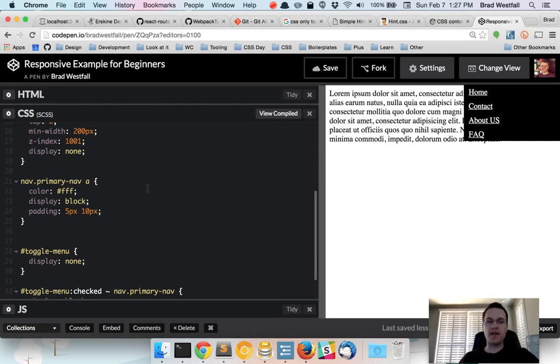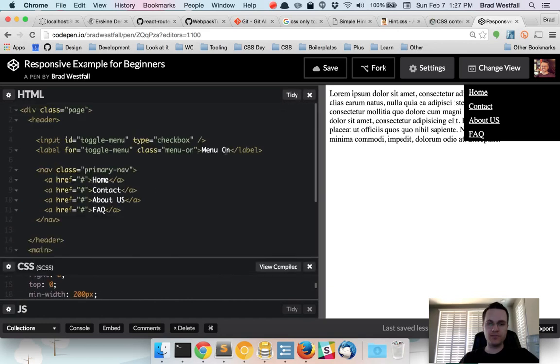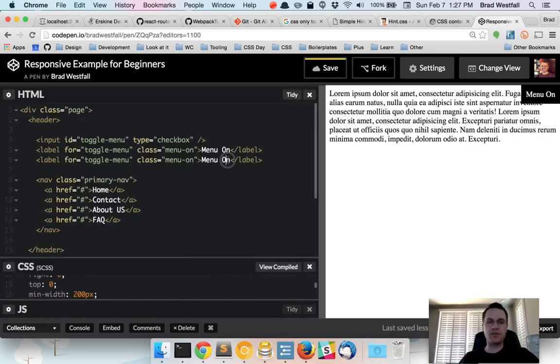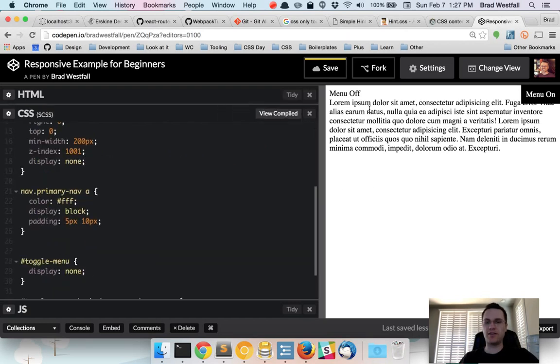So let's make basically the equivalent of an off button or something like that. So what I'm going to do now is make a new label. And this label is going to be called menu off, and menu off is going to have a class of menu off. And notice that it also hooks itself up to our toggle menu. So if I save this, actually I don't have to save anything here on CodePen, but if I click on menu off